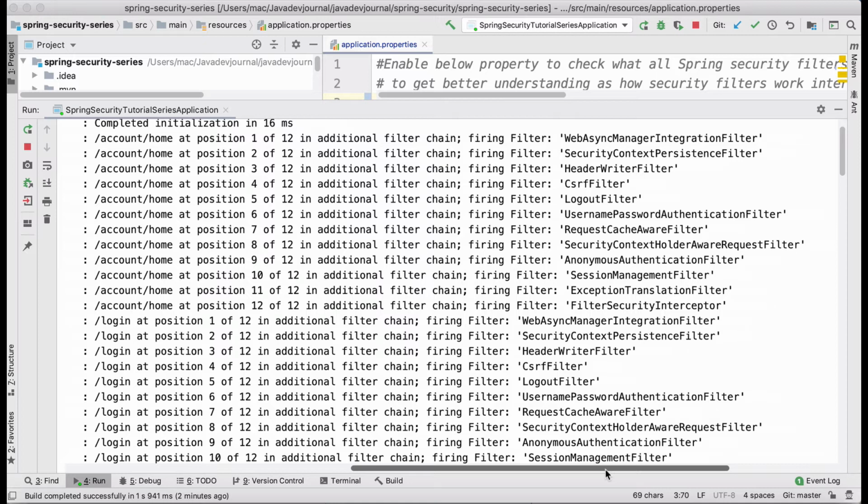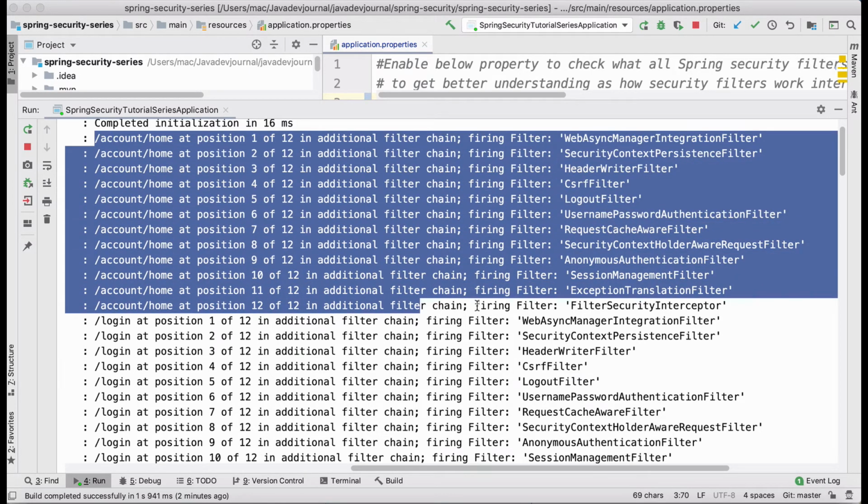But the moment we enable Spring Security, certain defaults get into the picture, including certain filters. Every request to our application is being intercepted and goes through all those filters. What I want you to understand is that there are already 12 filters configured for us by Spring Security, and it's intercepting every request and passing it through this set of filters.